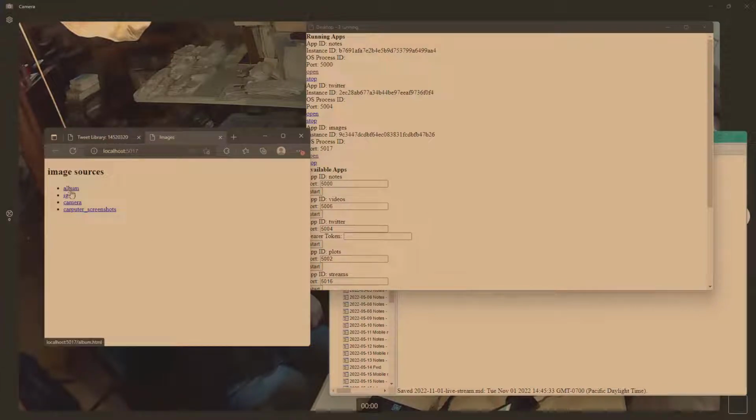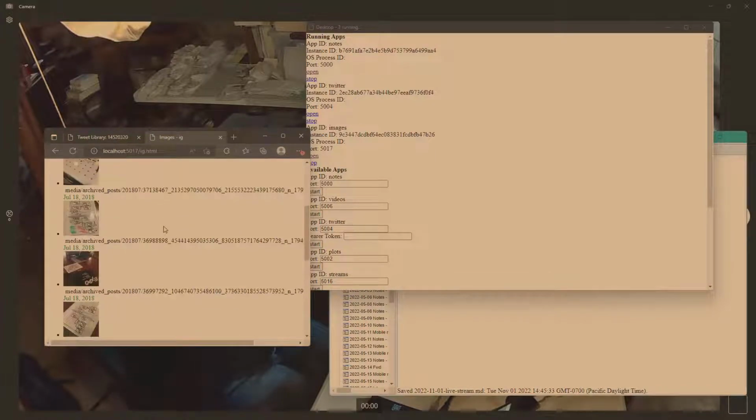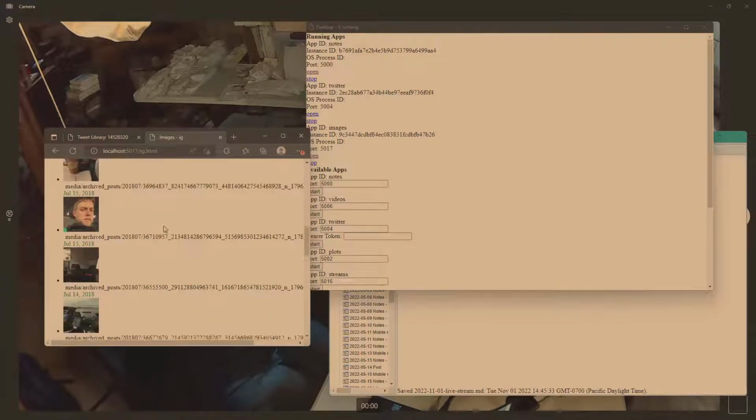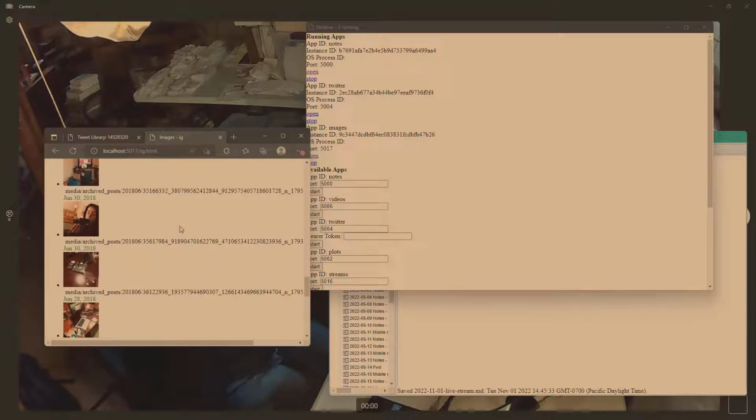So same thing, here I've got a few different sources. My IG, so this is coming straight out of an Instagram export. And it's in no particular order. It does include archived photos. So this is like super early days. You can actually see,